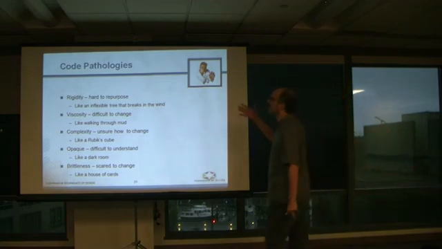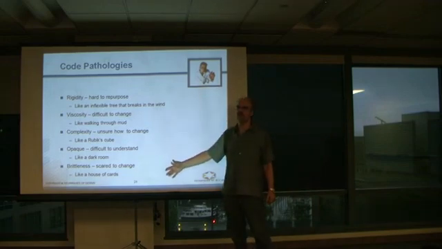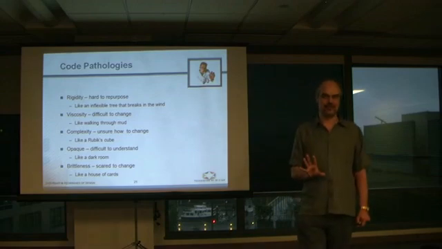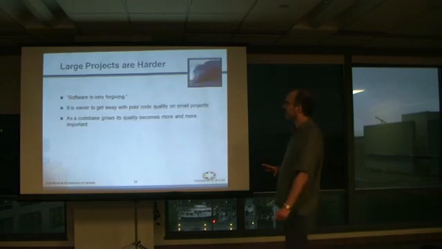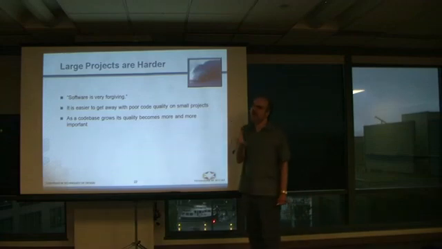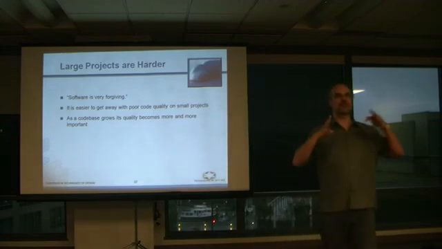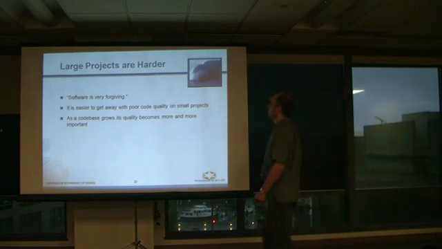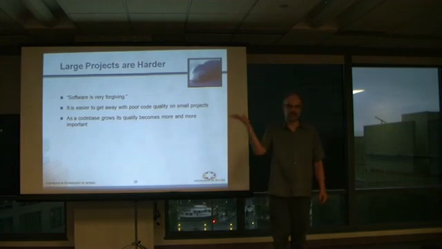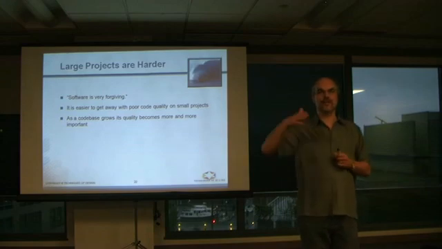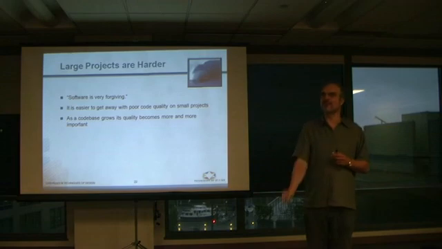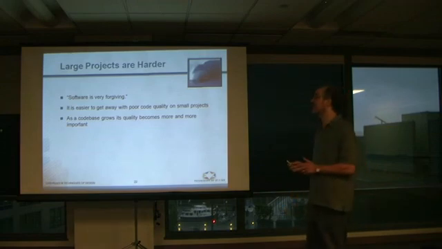All these different things are related to other things. So these are pathologies, and what's interesting is each one of these pathologies represents a specific quality or set of qualities that are missing in our code. You can get away with it on small projects. As projects get bigger, it can become a lot harder. When I was doing little school projects, it's easy to get away with writing code any way you want. But when you start working at 100,000 lines of code and beyond, you've got to have it down. You've got to have good coding standards, and everybody has to agree on it, or else it does get sticky.